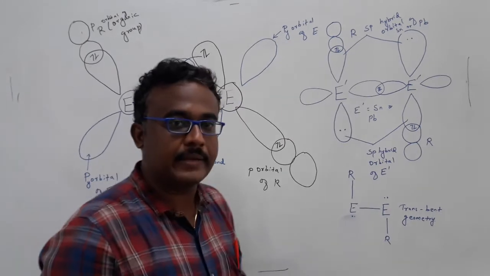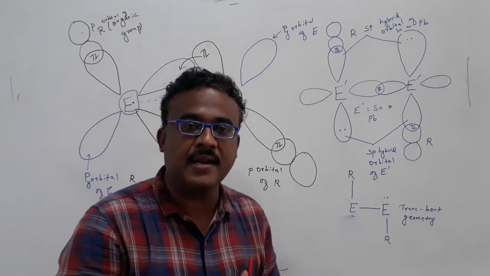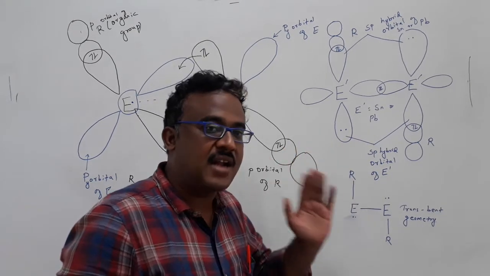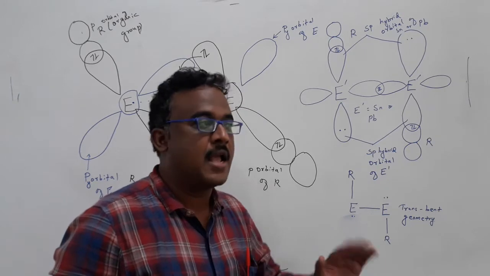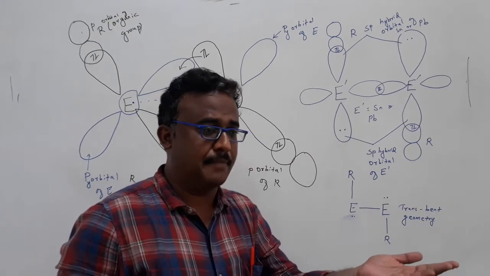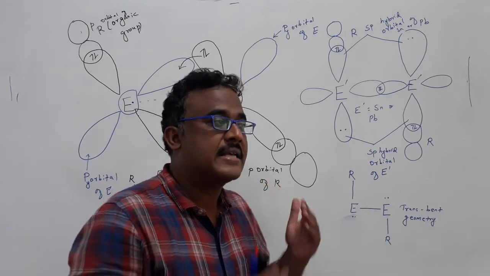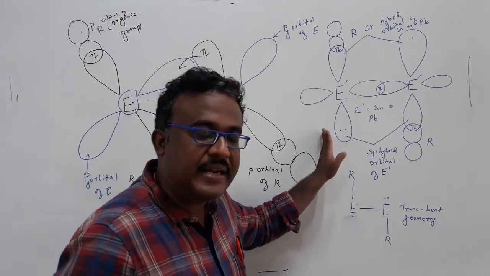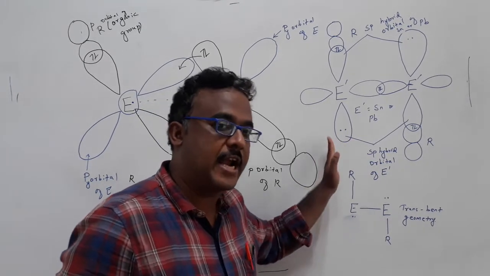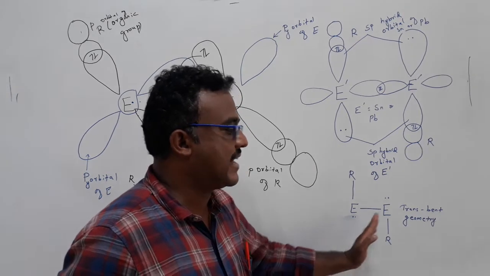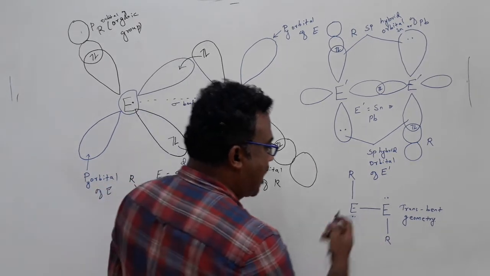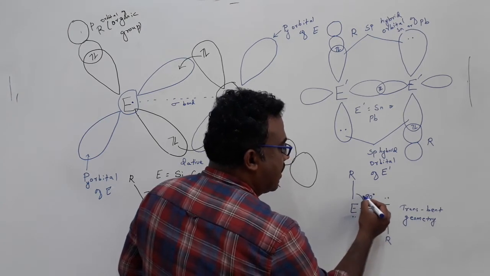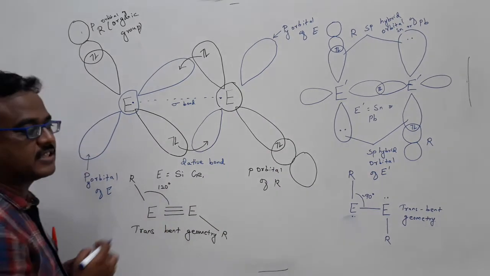So it is very clear that when you come to an element like tin or lead, that sp hybrid orbital has a pair of electrons that does not involve in any kind of bonding. In the case of the covalent bond for the acetylene molecule and a dative bond for disilyne or digermyne type derivatives, but when you come to tin or lead, it is completely inert. It does not involve in any kind of bonding. As a result, you are getting a trans-bent geometry and the bond angle of R-E-E, which is closer to almost 90 degree. But in this case, it's closer to around 120 degree.